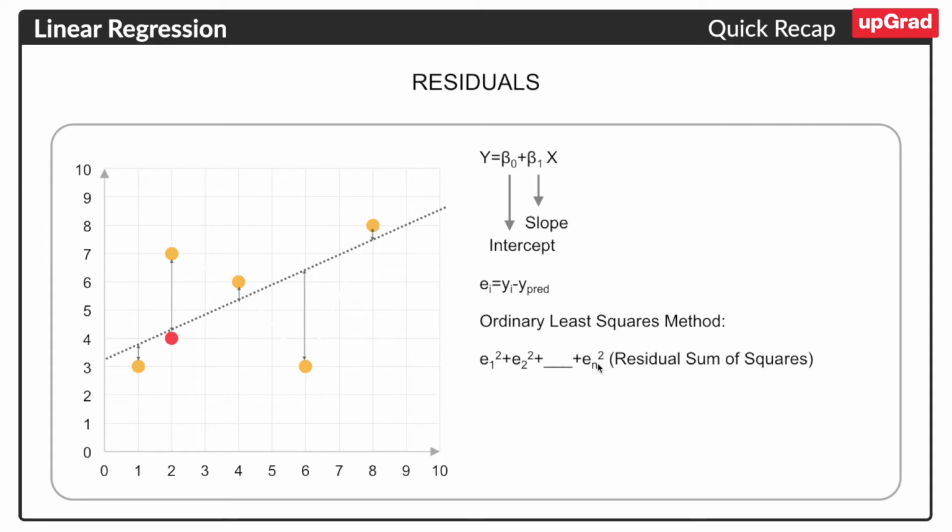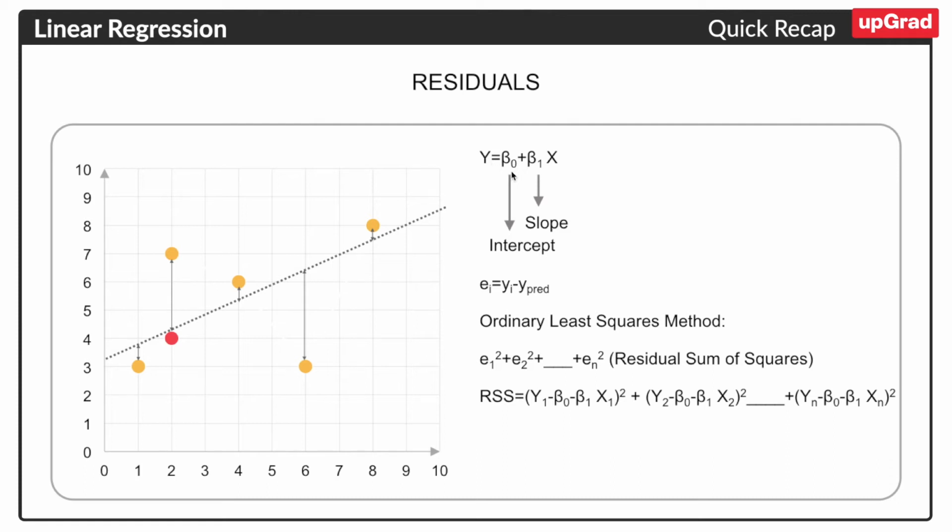This concept is called residual sum of squares, and in short we also call it RSS. Here we are just saying that this is my residual, which is the difference between the actual and predicted value, and I will be taking the sum of squares for all the residuals. That is called RSS. Now RSS is equal to E1 squared plus E2 squared, right? E1 squared will be y1 minus y prediction, squared, and y of prediction I can get from this equation.